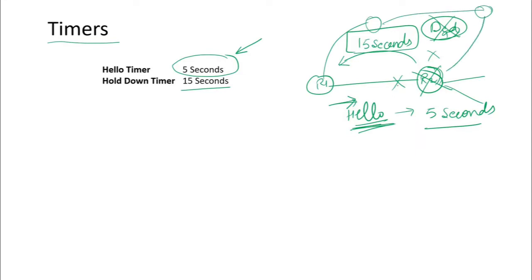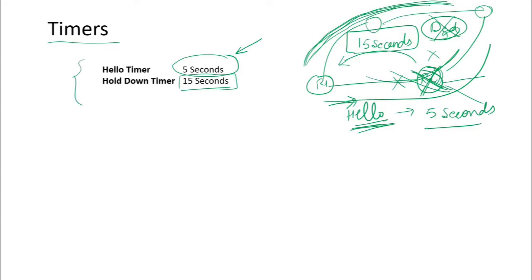Earlier we had two routes to reach the destination, like this one and this one. But now it will declare that R2 is lost, so it will remove this route from the routing table, and the only path that exists is this one. All the packets coming to the destination will go through this path only. So the hold down timer is how much time it can wait for a response from the other router. That is the hold down timer. These are very commonly asked interview questions: what are the default values for the hello timer and hold down timer. And they sometimes also ask what they actually are.